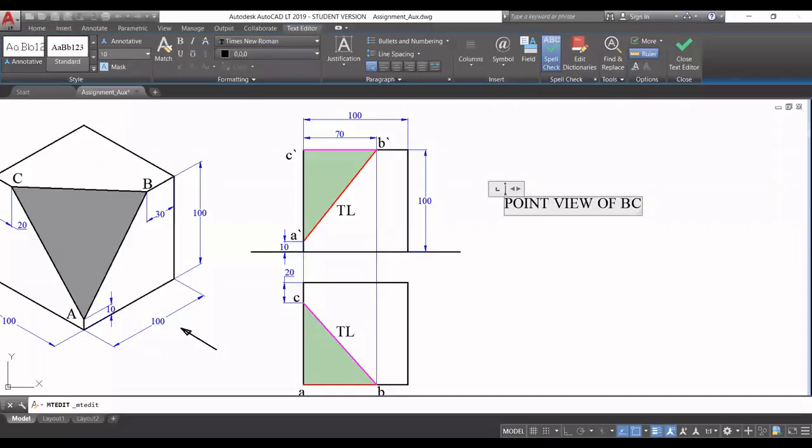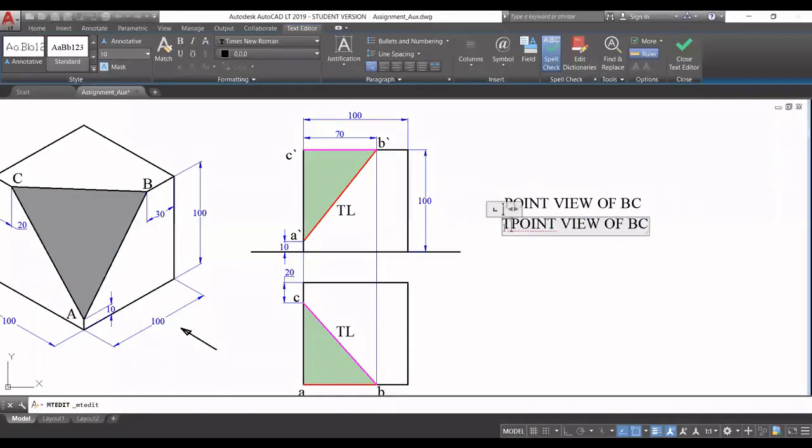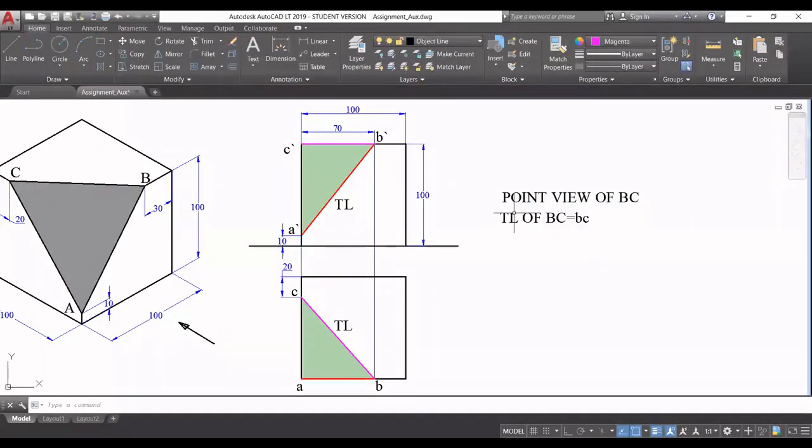Now, to find the point view of BC, I must have the true length of BC, right? That is already given in the problem. The true length of BC in this case is given as small bc. That is given in the top view, right? So what I'll do to find the point view of BC is that I just need to